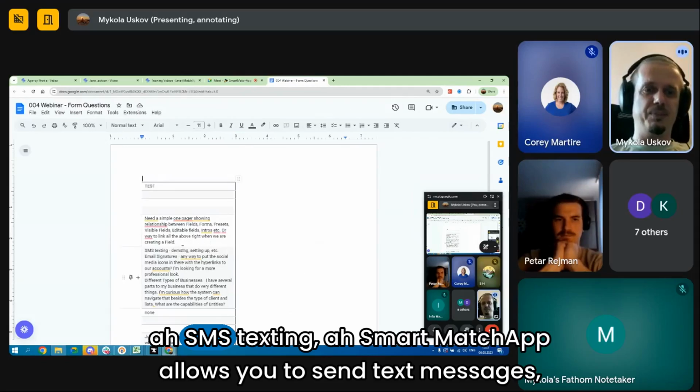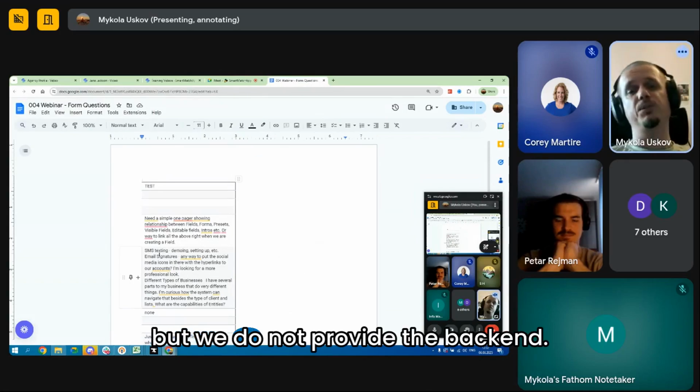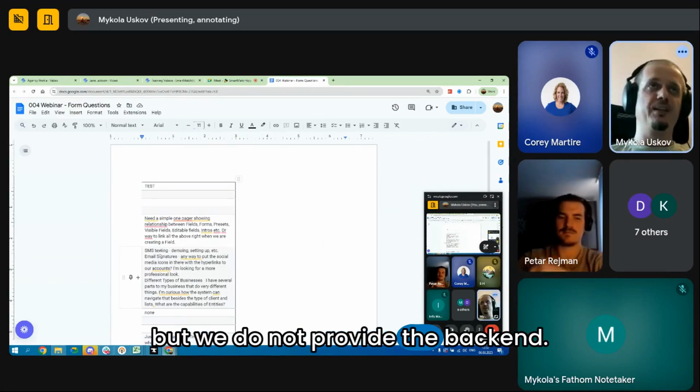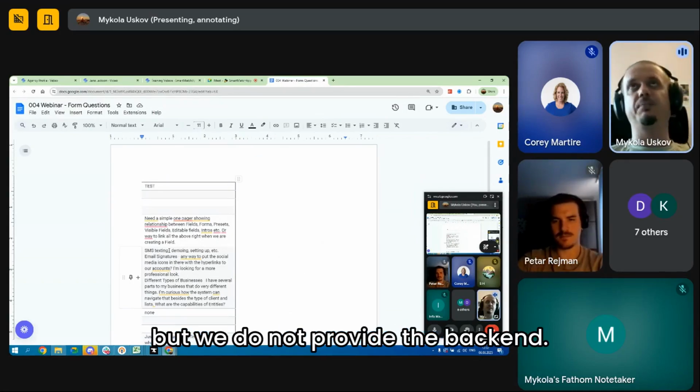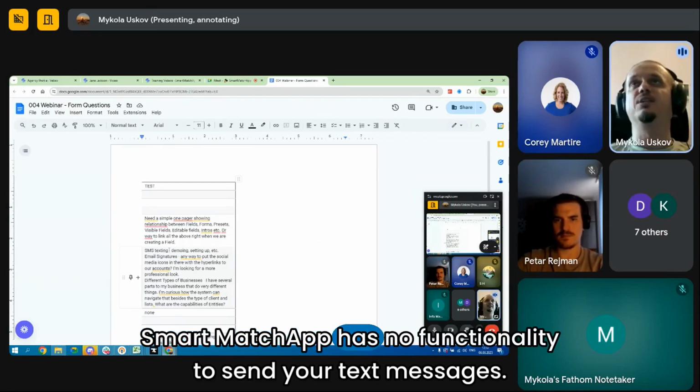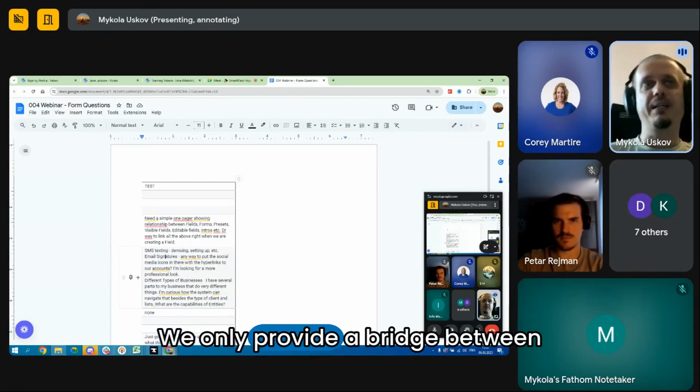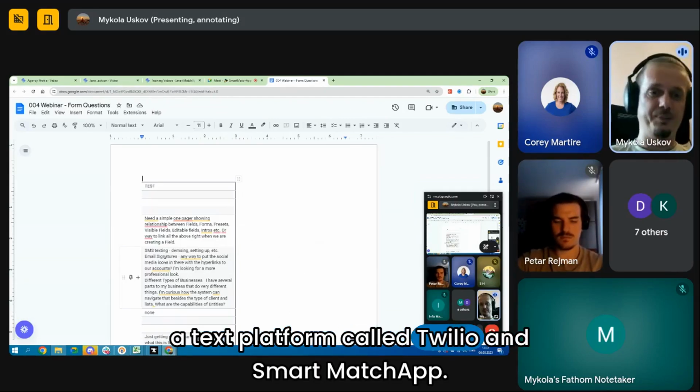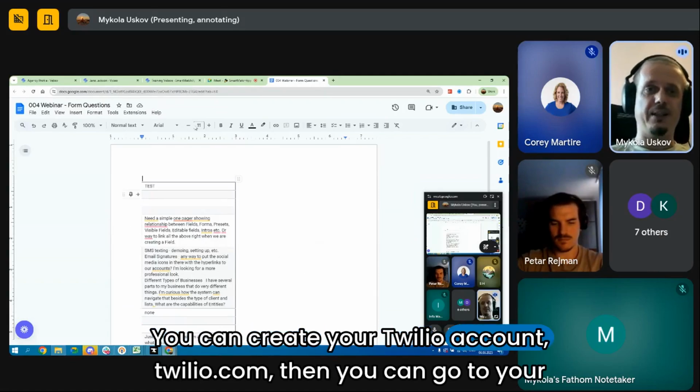SMS texting. SmartMatchApp allows you to send text messages, but we do not provide the backend. SmartMatchApp has no functionality to send your text messages. We only provide a bridge between a text platform called Twilio and SmartMatchApp. You can create your Twilio account,